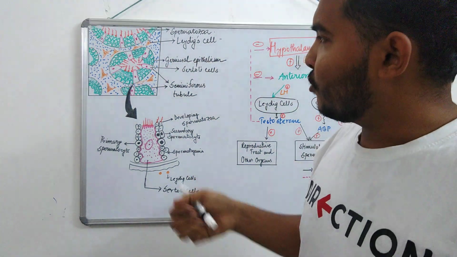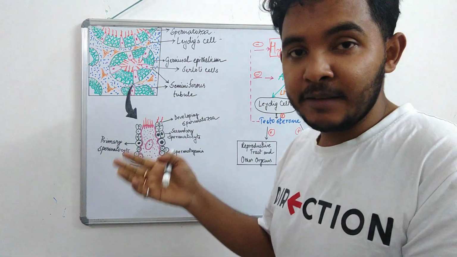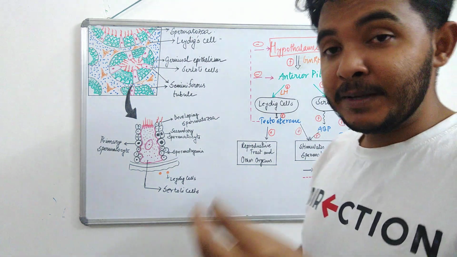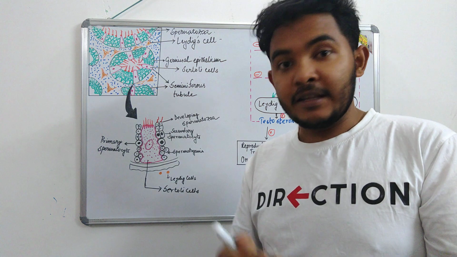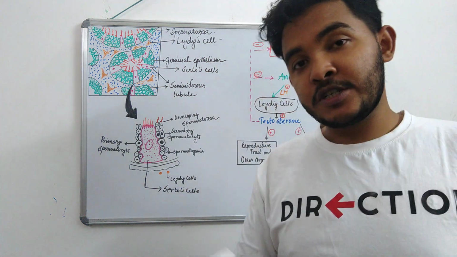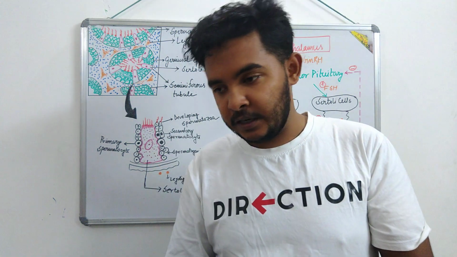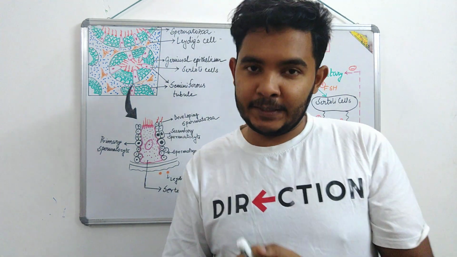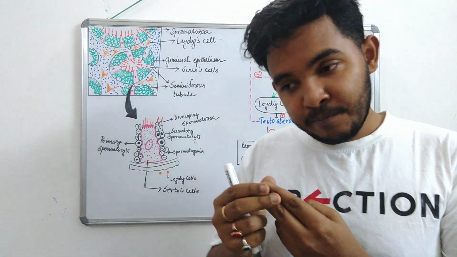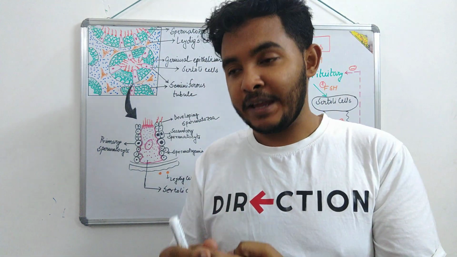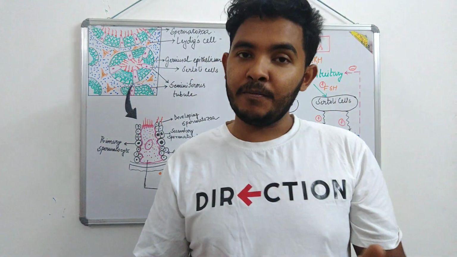Though the diagram is not that good, I tried, and I think it will help you understand. The main point is to show you the location of the Sertoli cells and the Leydig cells. There are so many confusions around the function and localization of the Sertoli cells and the Leydig cells. These are the two key players in the maturation of sperm in males.